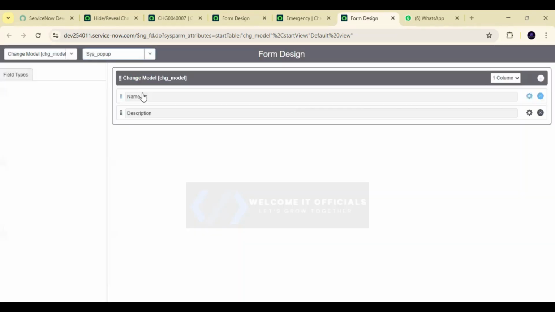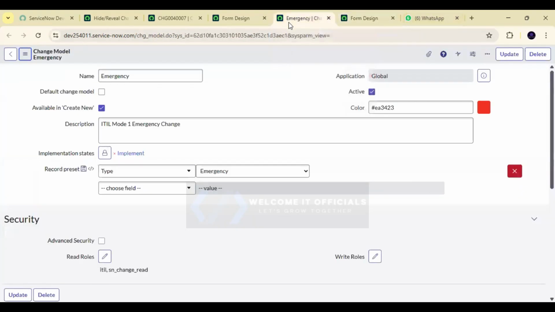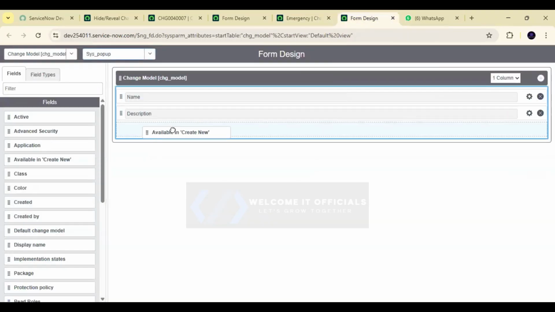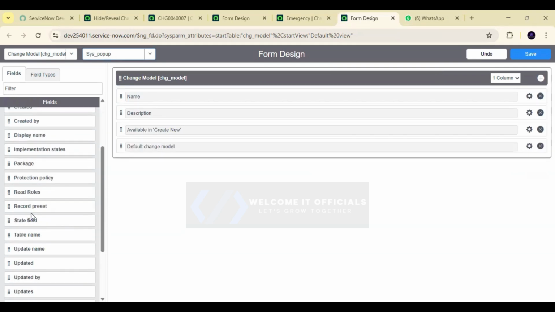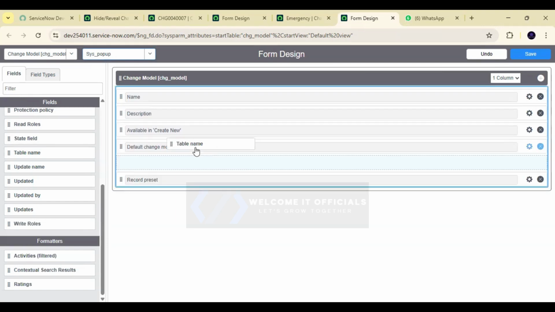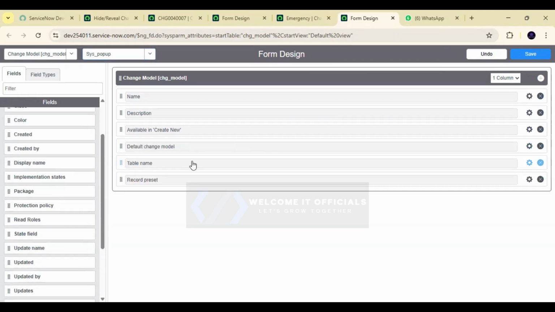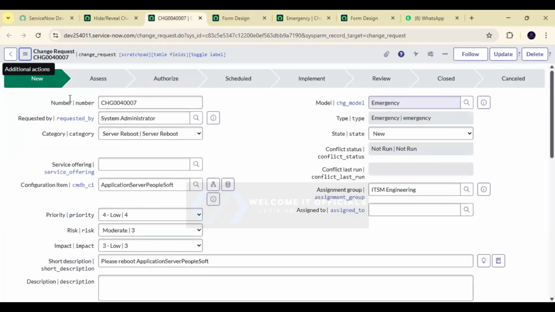If I check change in this sys pop-up view, here if I add any of the field, let's say the one available in creative, that field I need, right? So I'll add this. Whatever you want to add, you can add over here. Record preset, table name, whatever things you want to add over here, you can add. Okay, implementation state. And if you save it, now if I come over here